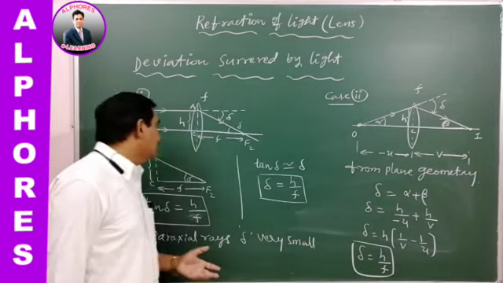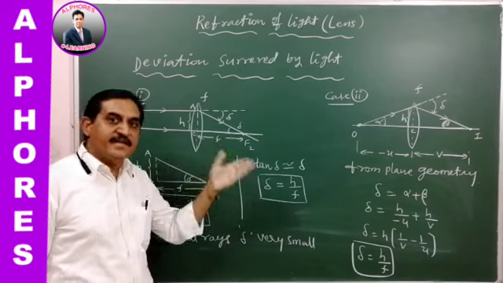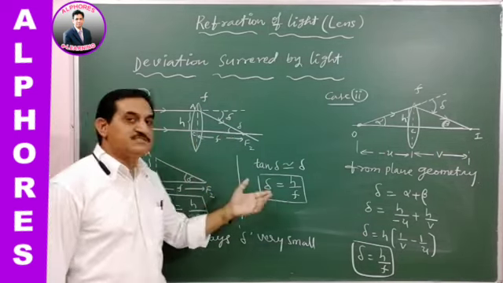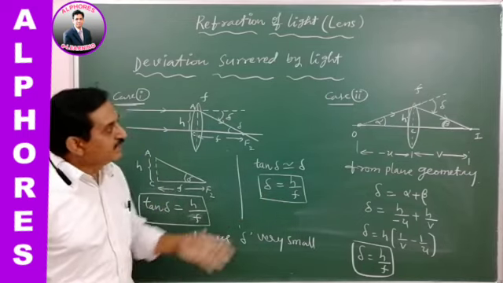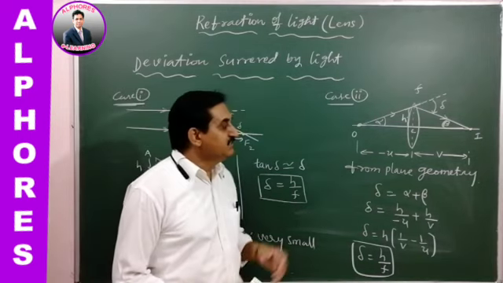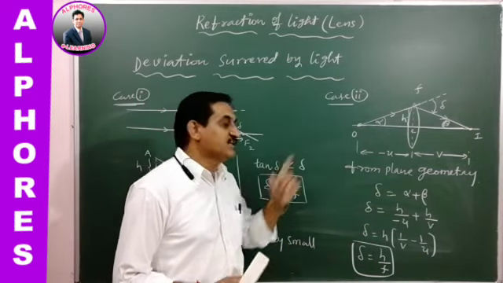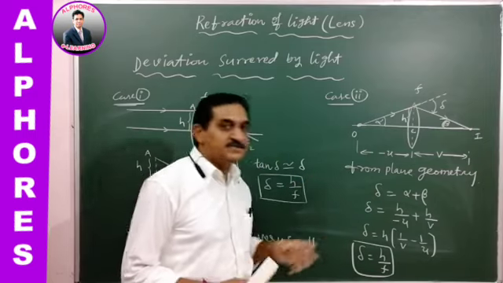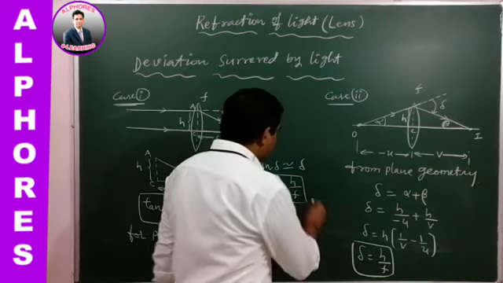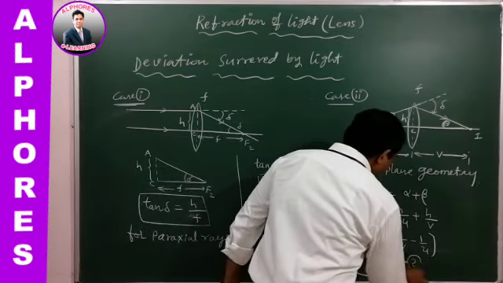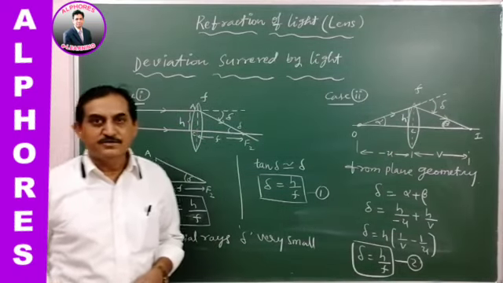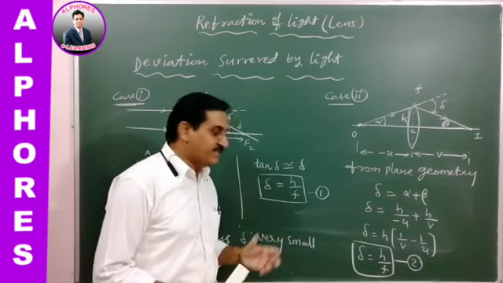So there is no need to take a parallel beam of light, a ray which should be parallel to the principal axis, in order to find the deviation suffered. Either it is a parallel beam, or at any certain angle with the object kept on the principal axis, the deviation is also given in this case. Both are giving the same answers. This is equation 1 and equation 2. These two deviations are the same, so no difference at all. In this way, we find the deviation suffered by the light.